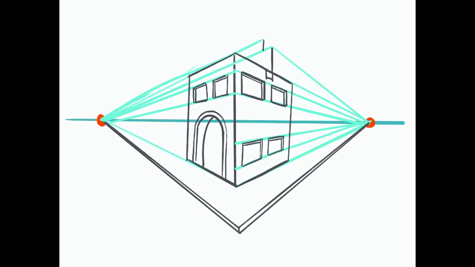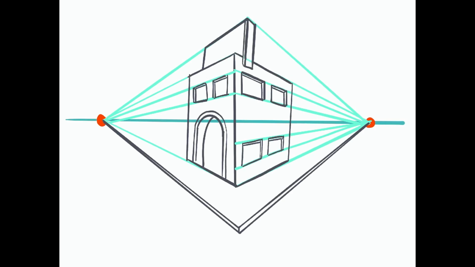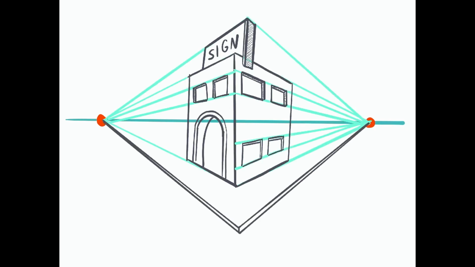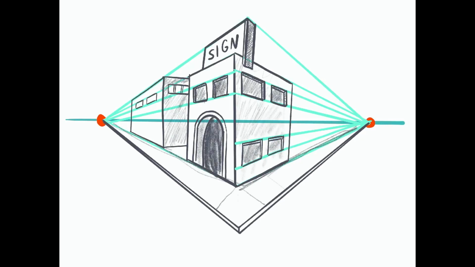So if we're looking at a building at a corner, for example, we would have our buildings, we'd have our sidewalk receding in 2 different directions. So this is really good when you want to see 2 perpendicular sides of an object, and both would be a little more distorted or foreshortened, which again, as you know, means it's just receding into the distance. So it's really good for that non-perpendicular view. So things like the street corner are a really prime example. And then there's multi-point perspective. There's a lot more out there, but I hope this was helpful just to get a feel for the basics and start to get an understanding of one point perspective.